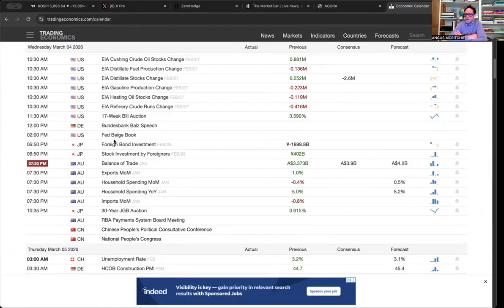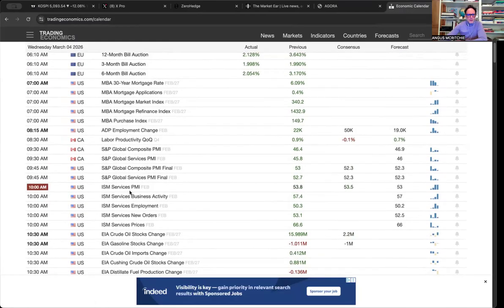And that's going to be interesting in terms of an inflation read, because the market really wants to know, are inflation expectations picking up? Is inflation itself picking up? Is this a problem for the Fed? Because remember, it's a global economy. If things get out of hand in the Middle East and the Gulf, is the Fed going to be in a situation where it can cut aggressively? Remember that when Russia invaded Ukraine, the Fed was able to keep interest rates relatively low at that point. So let's keep an eye on the Beige Book.